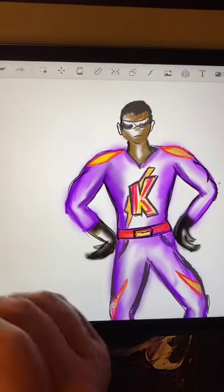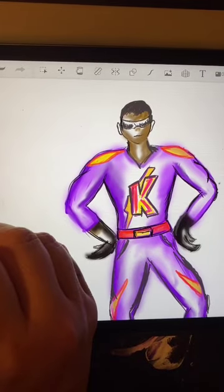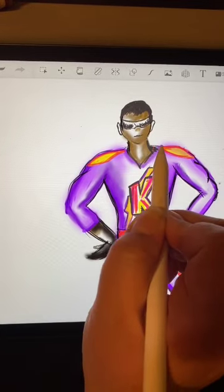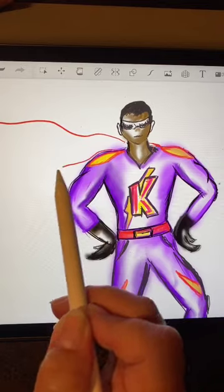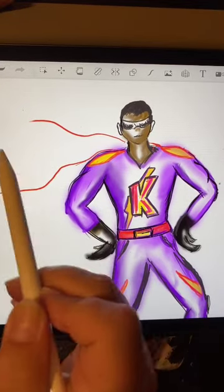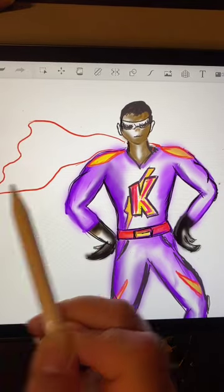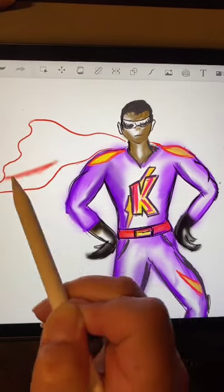Now I'm going to work on the cape. So I'm picking up the red color and I'm going to draw from the other side a curvy line that goes out. And then from that side, another curvy line that kind of expands outwards. I'm just going to adjust that a little bit, because then I'm doing a curvy line to join the two, so it looks like